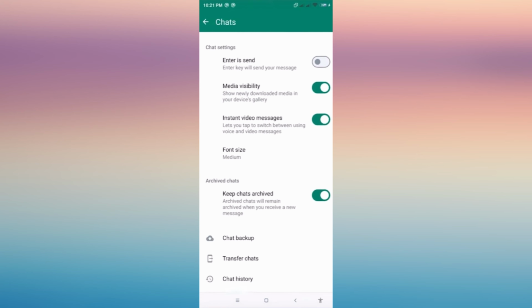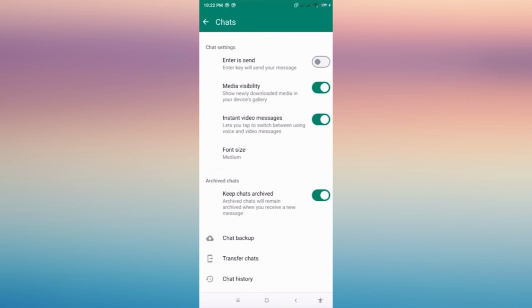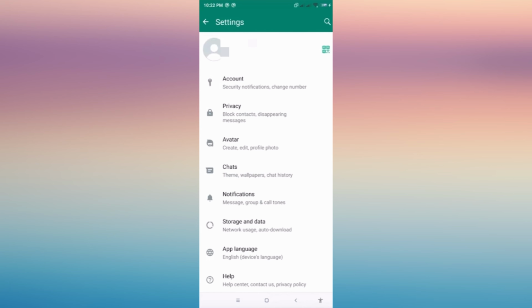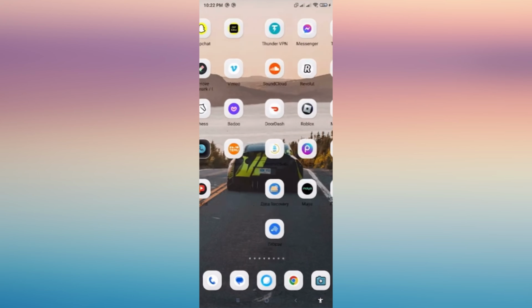Now once you're in here, go ahead and tap Chat Backup, and then all you have to do is tap Back Up in order to retrieve all of your chats from this version, because what we need to do here is uninstall this version and then go back to the older version that we are used to, to remove the channel options that are available now in the new versions of WhatsApp. Once we are done, because it may take more time for you to back up your chats,